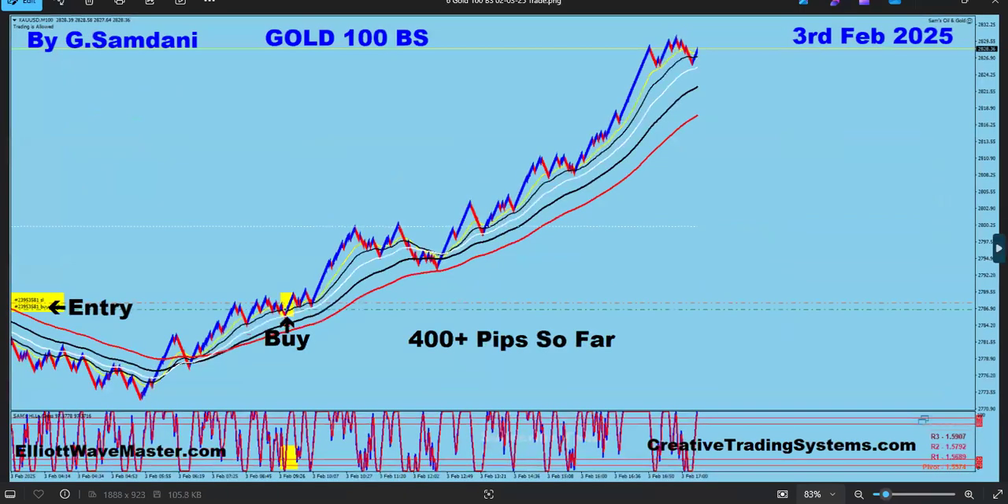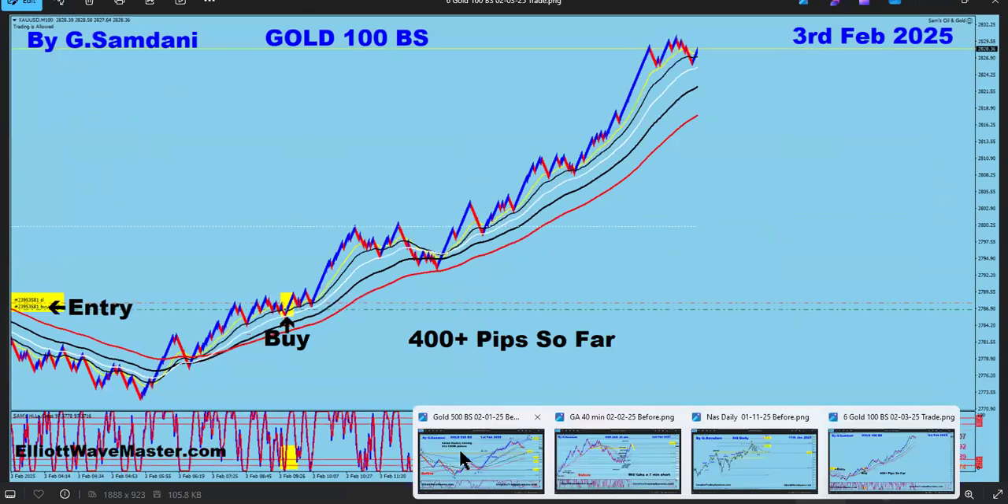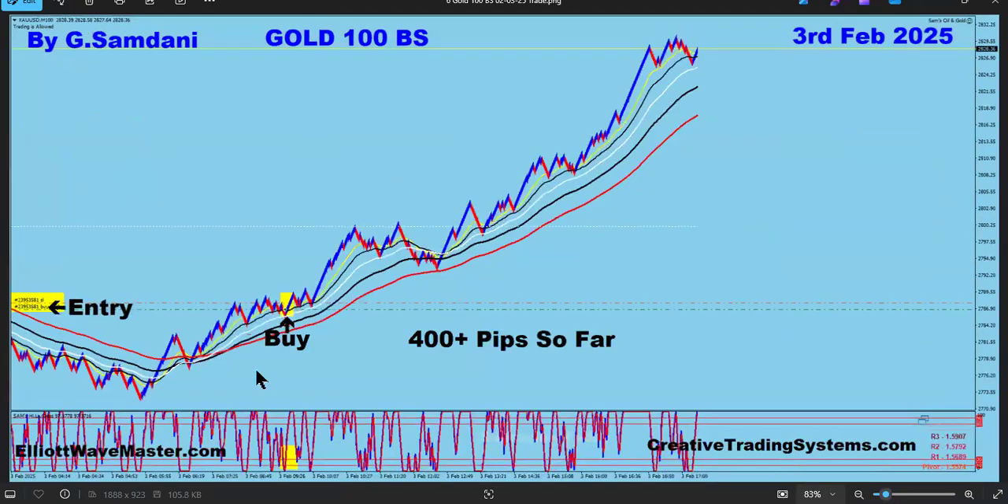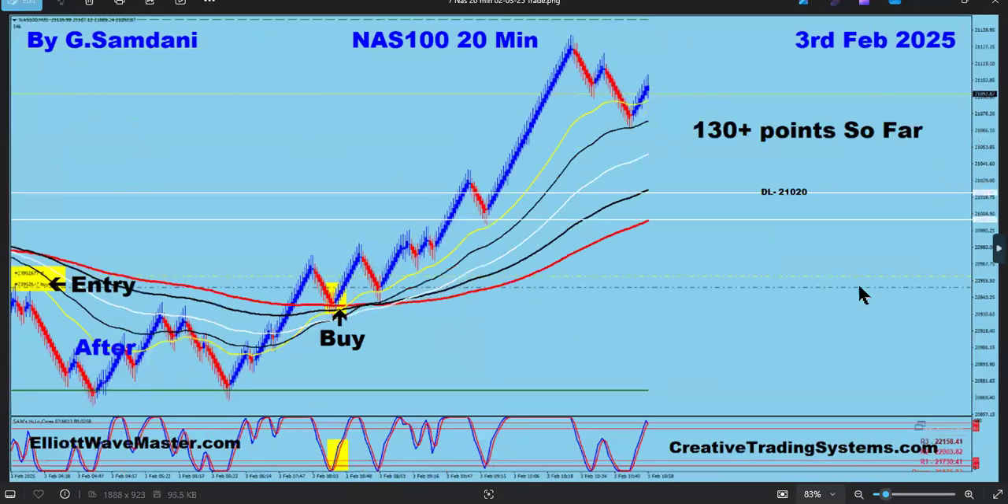And now this is gold. Gold has been going to the upside. My chart for gold was this, that it is going to drop here somewhere, and then from here it will go up for wave 5. And that's exactly what happened. So we start to take the long entry here, this one, then this one, 130, went up all the way to the